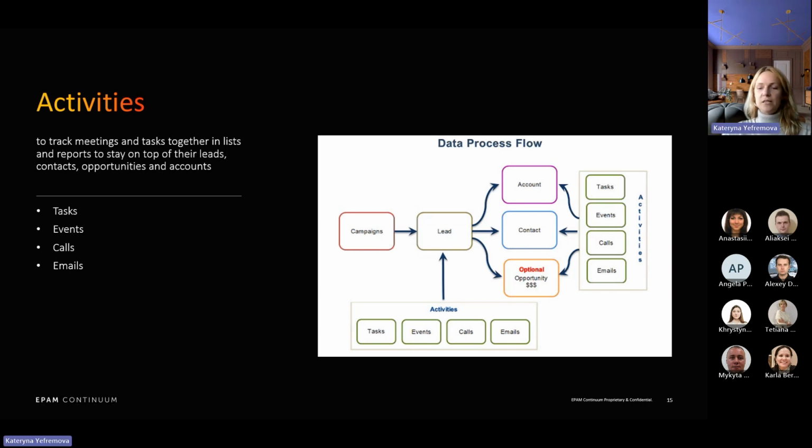I would say here probably tasks, events, calls, emails. What is a task? A task is what is supposed to be done. It could be a list of treatments. It could be a list of analyses that have to be done, and you don't want to forget them. For example, you took a blood test of the patient and you understand that you have to check this blood test every half a year. So you put a task